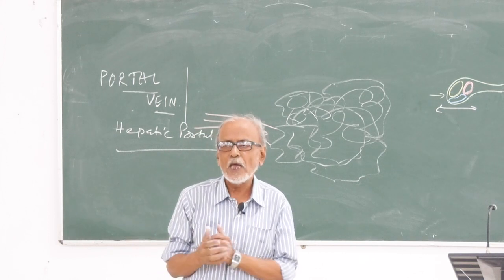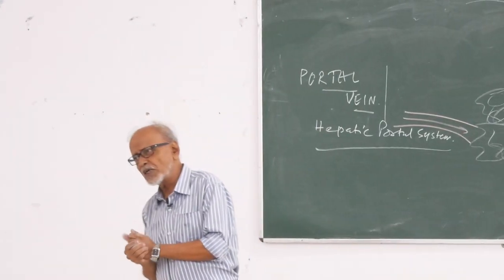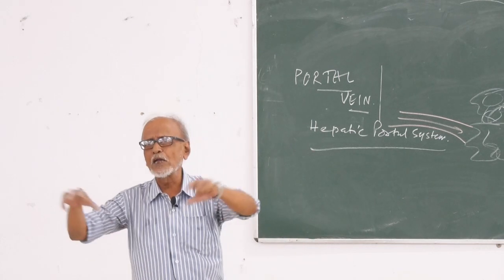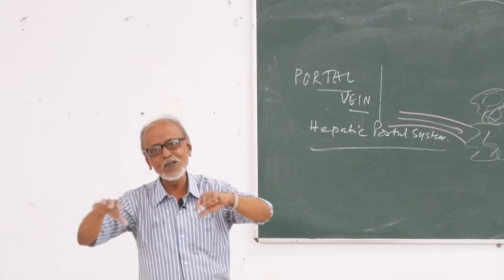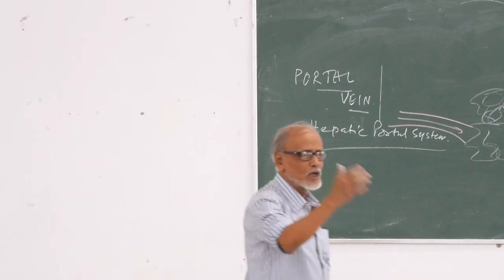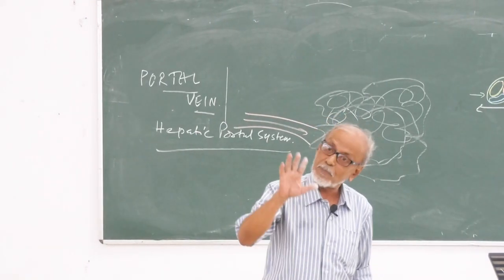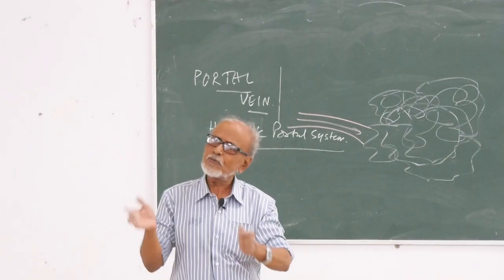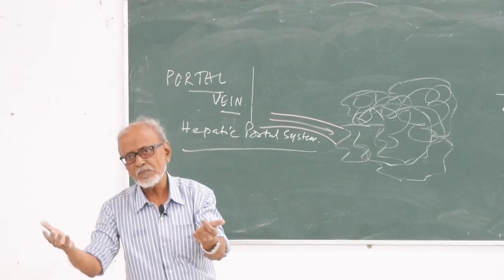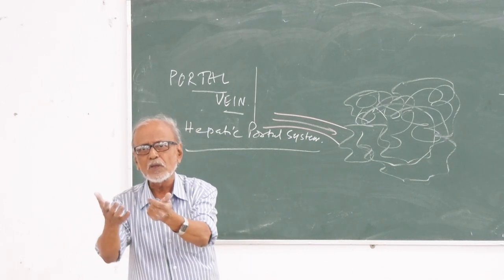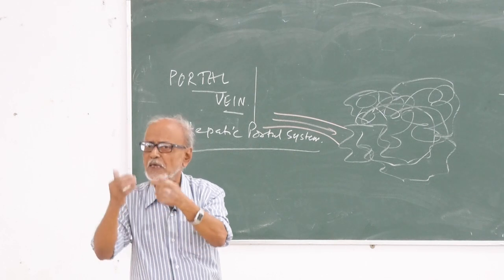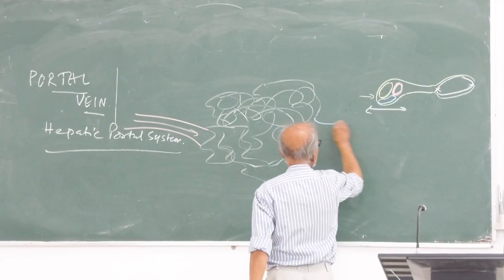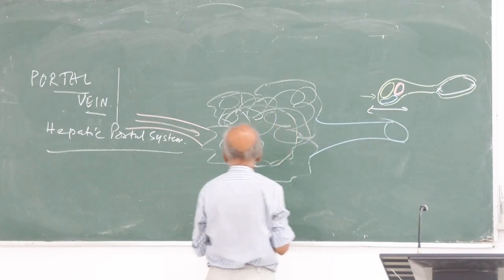ক্যাপিলারি দিয়ে এক্সচেঞ্জ হয়। ক্যাপিলারিজ আর রেসপন্সিবল ফর টিস্যু নিউট্রিশন অ্যান্ড টিস্যু রেসপিরেশন। লাঙে অক্সিজেন এলো, হয়ে গেল, হবে না, টিস্যু লেভেলে অক্সিজেনটা নিয়ে যেতে হবে তো। তাহলে ক্যাপিলারিজ ভীষণ ইম্পর্টেন্ট। All the arteries ultimately end in capillaries, and from the capillaries begin the veins. তাহলে রিটার্নিং ভেসেল হচ্ছে একটা ভেন, আর এটা একটা আর্টারি।